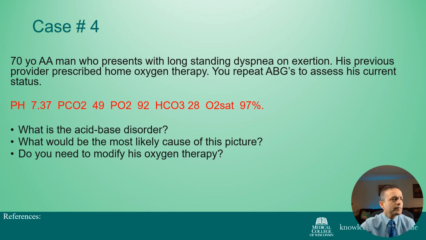So let's solve question number 4. 70-year-old African American man who presents with long-standing shortness of breath on exertion. His previous provider prescribed home oxygen therapy. You repeat ABG to assess his current status. So pH is 7.37, which is less than 7.40, so acidosis. And then what is the carbon dioxide number? Carbon dioxide number is elevated. So carbon dioxide is elevated, 49, right? So 49 means delta of 9 into